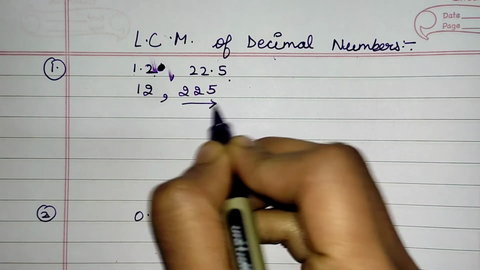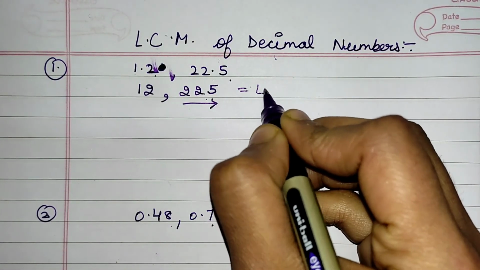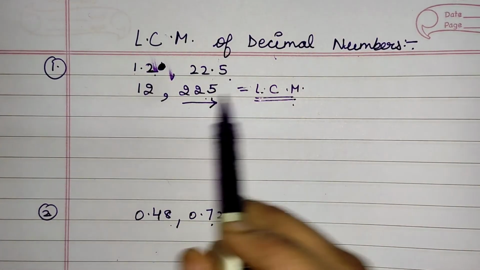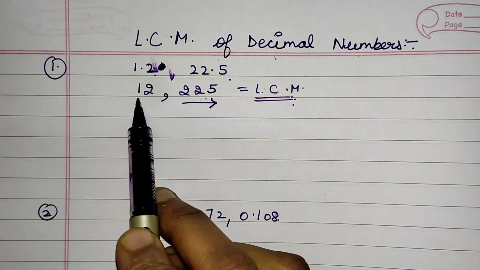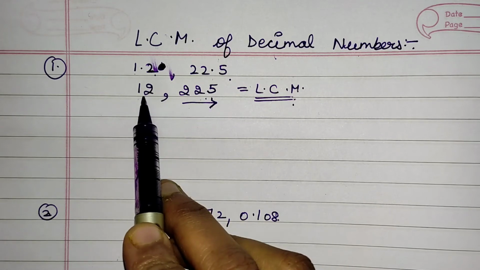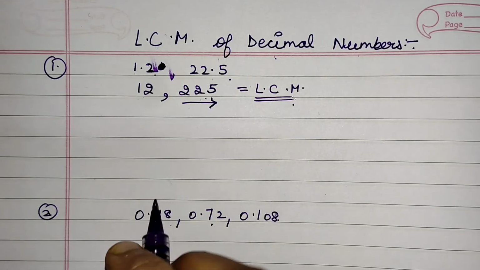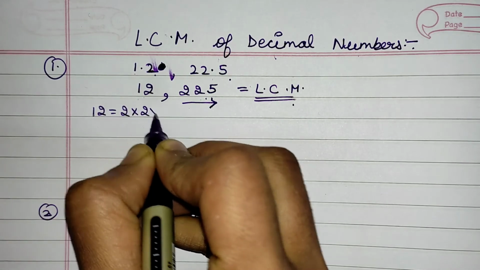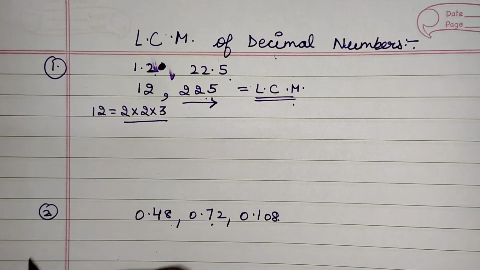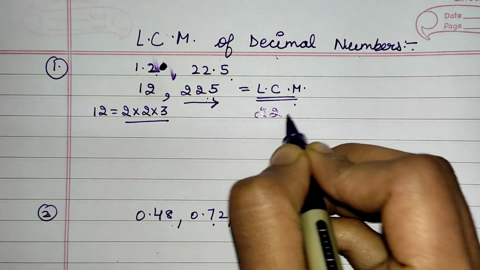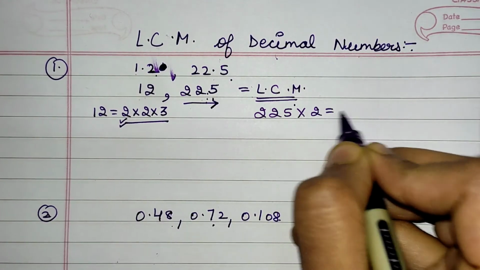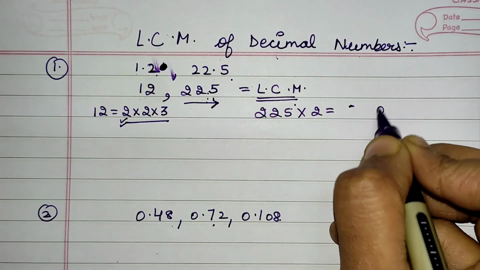Now check which one is your bigger number, and let us imagine that this is my LCM. If this is my LCM, then it should be divisible by all the remaining numbers. So 225 is not divisible by 12. If it is not divisible by 12, then we write down the factors of 12, and multiply our assumed LCM with each and every factor. So it will give me